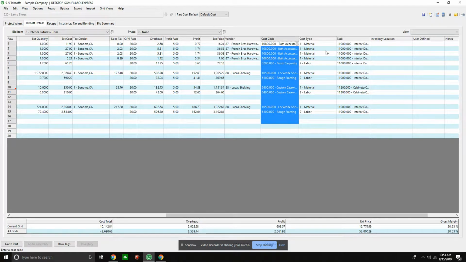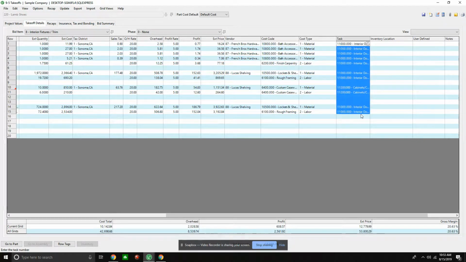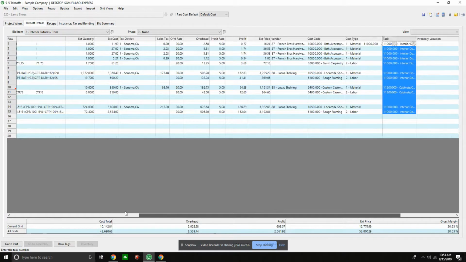Now, if I wanted to put this on a schedule, if I really want my crews to be more organized, I can set up tasks, and therefore, in the other part of the solution, I can export this out or import it into scheduling, and create a job schedule and see Gantt charts and predecessors and all of that. So I have a lot of different information that I can track in here.